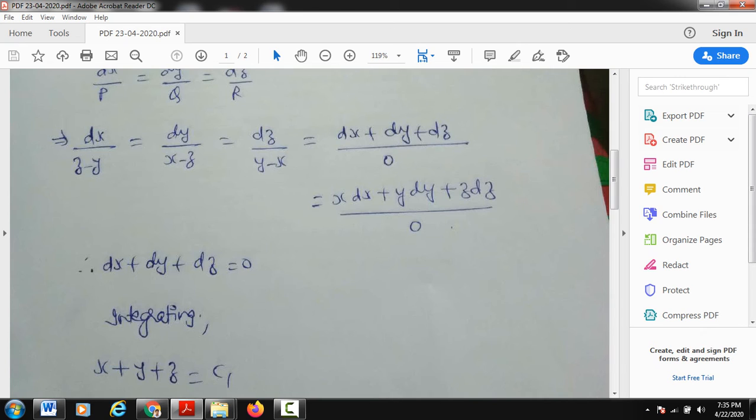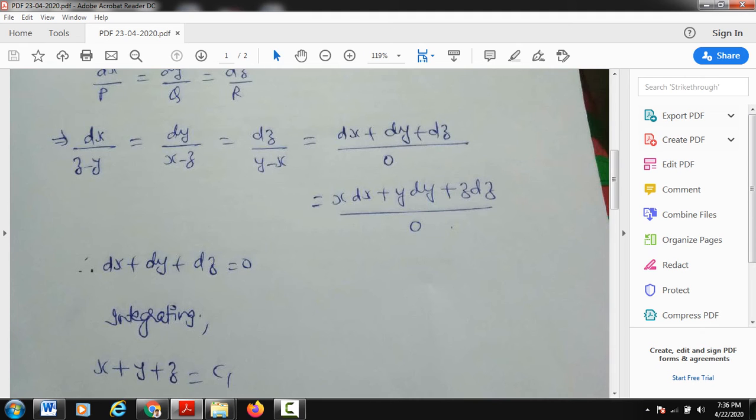So I have taken x, y, z as the set of multipliers, that is we are taking x dx plus y dy plus z dz. So please students verify it: if we multiply this dx by x, that is zx minus yx, then plus multiplied by xy minus yz, then plus multiplied with z, that is yz minus xz. And if you add all of them, they will all get cancelled and you are getting the answer as 0. Please students verify this independently. If you simplify them, let us take the fourth member firstly, that is dx plus dy plus dz should be 0.